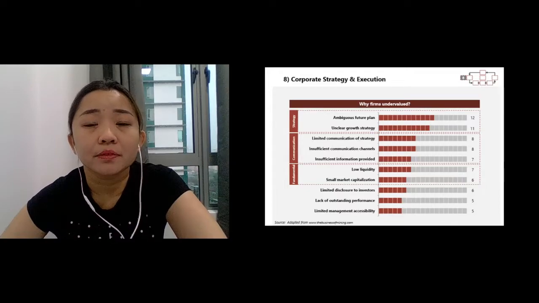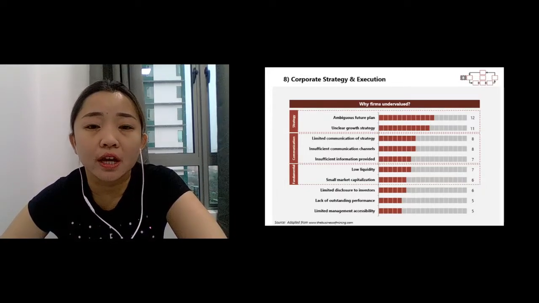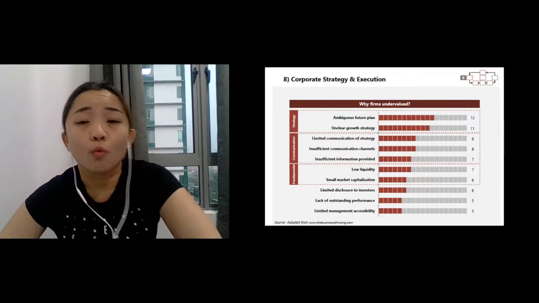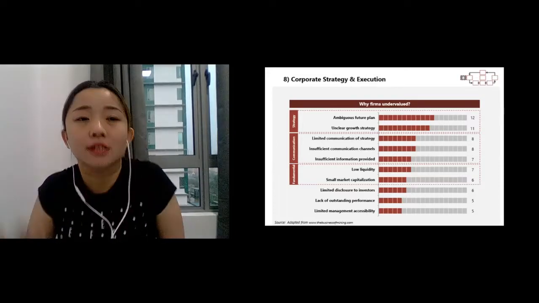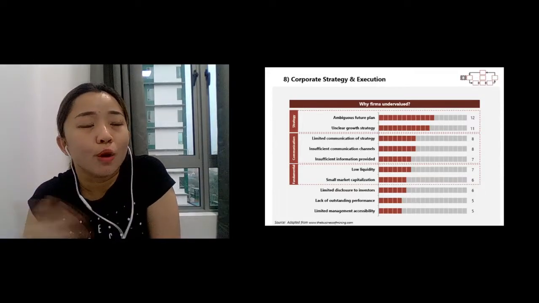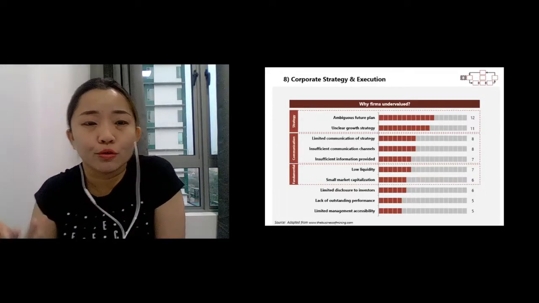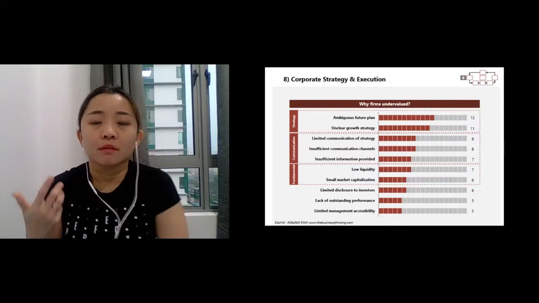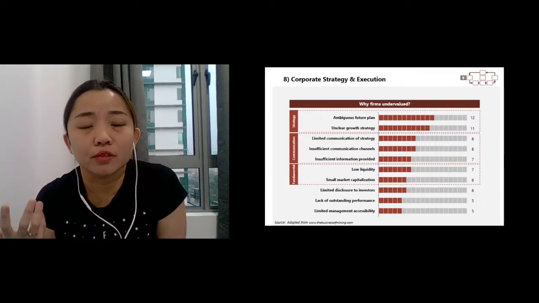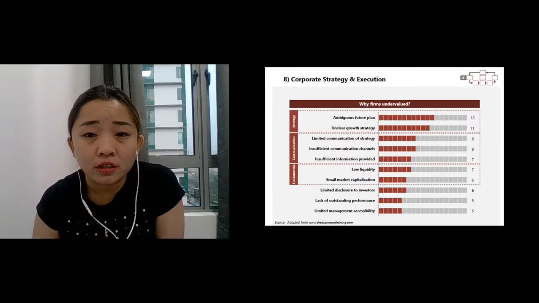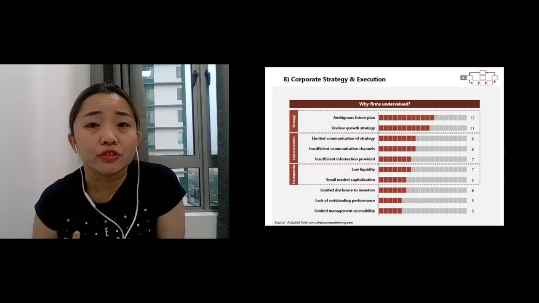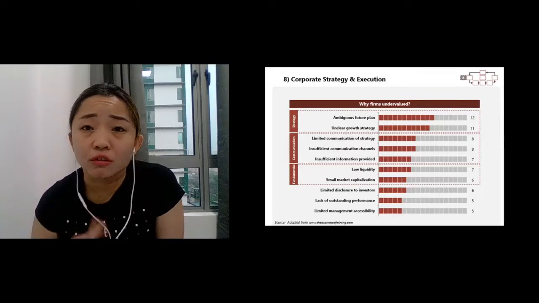And yeah, so at the end of the day, these are some of the things that you need to understand about why sometimes firms are being undervalued. That means people don't see you even though you are worth that much, but nobody saw you for your worth. Why? Because a company lacks a good future plan or a very unclear growth strategy, very limited communication strategy, insufficient communication channels,